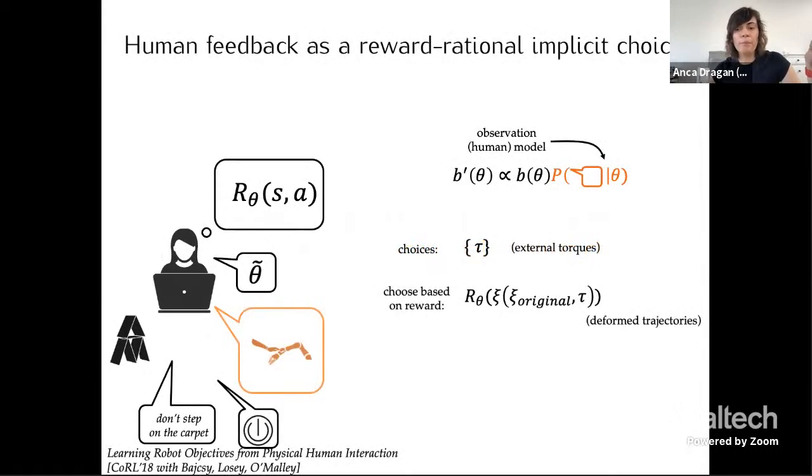And so if the person pushes on the robot, they're making a choice. Their set of choices are the external torques. They're not trajectories, they're not rewards, they're external torques that they can apply to the robot. And these external torques induce trajectories for the robot, if you think of the torque as deforming the robot's trajectory.